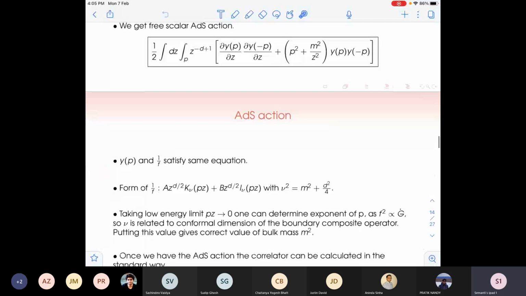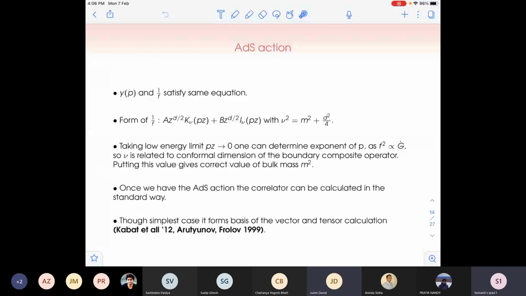We are starting from that theory, and one can find the m square. And that m square is what the AdS/CFT correspondence